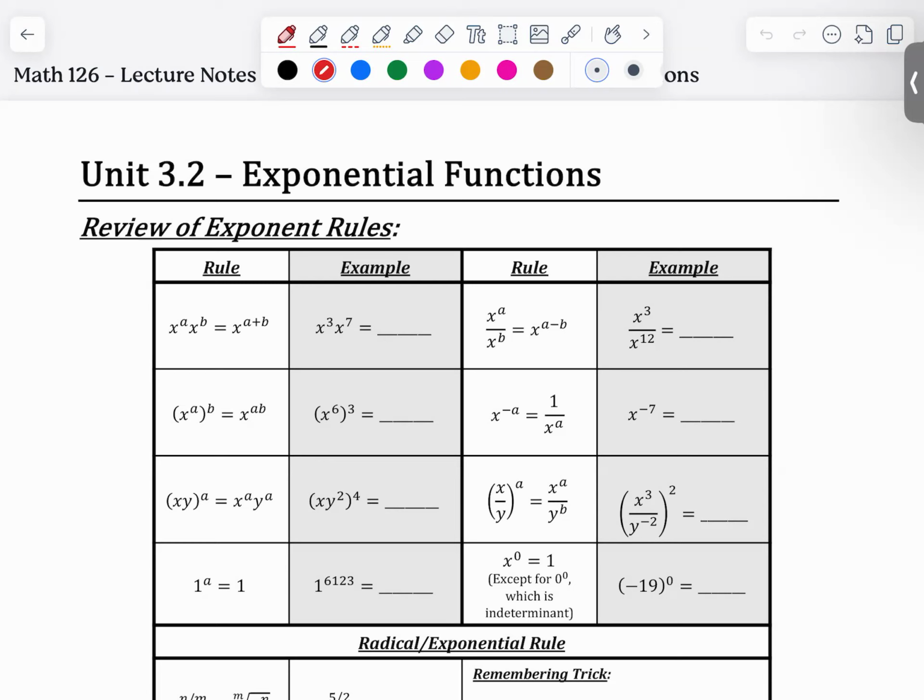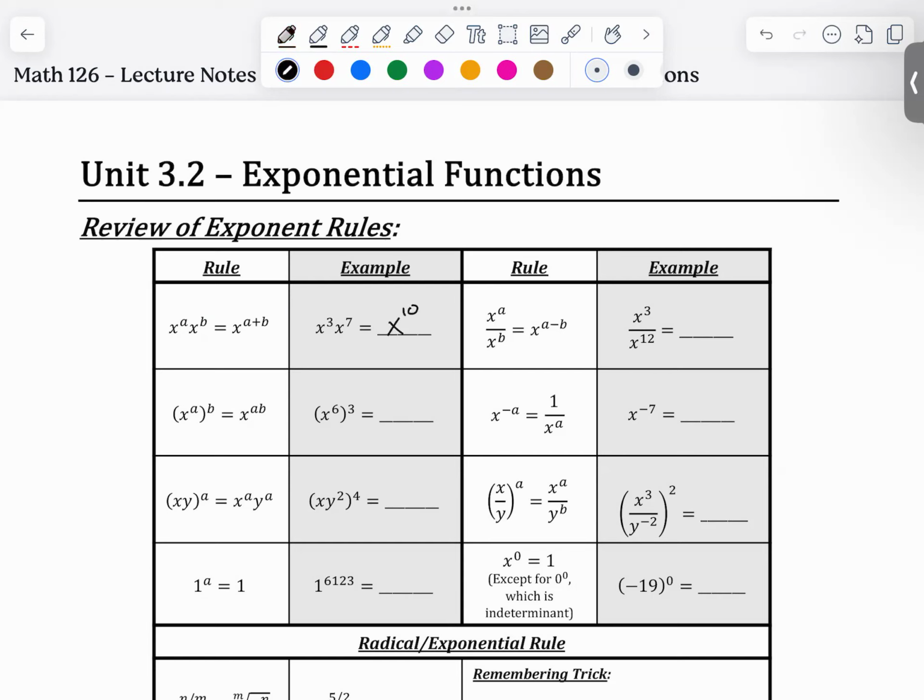So the first one we've got is that if you have two things with the same base, so x to the a and x to the b, then you just add the exponents. So for this example, x to the third times x to the seventh would be x to the 3 plus 7,